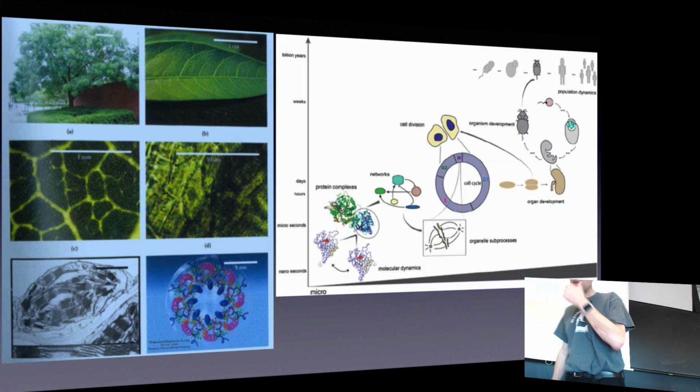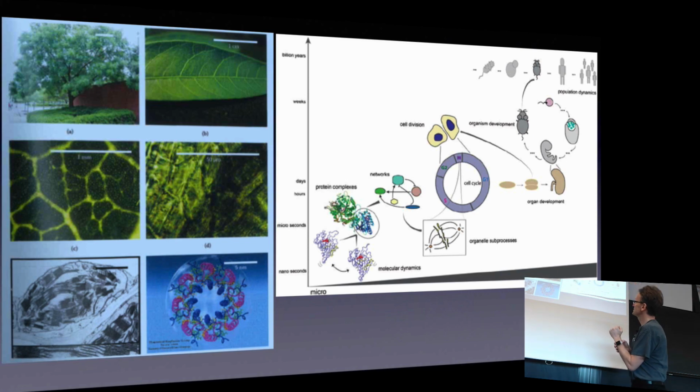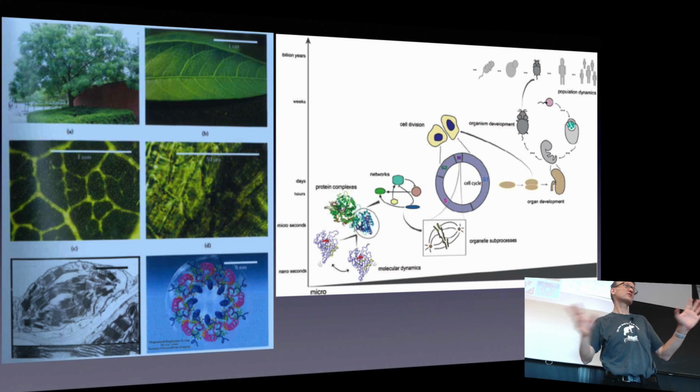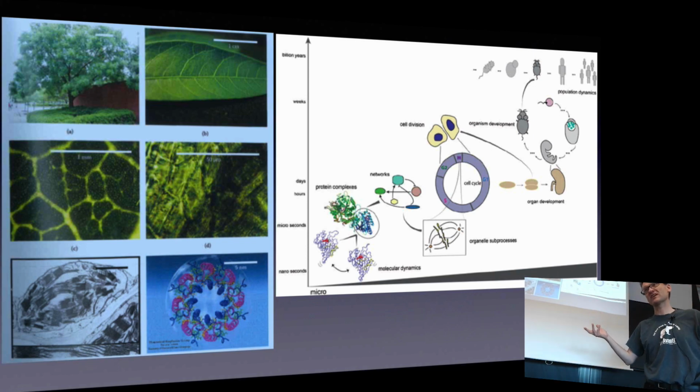And, well, I'm not sure whether this is an ideal illustration, but you could even plot this two-dimensionally, where you have some sort of scales from microscopic things on micrometers or even nanometers up to macro scales with humans, or even, you could even think in terms of population dynamics. We're not going to talk about that, but the entire Earth is kind of an ecosystem, right? So you have tens of thousands of kilometers.